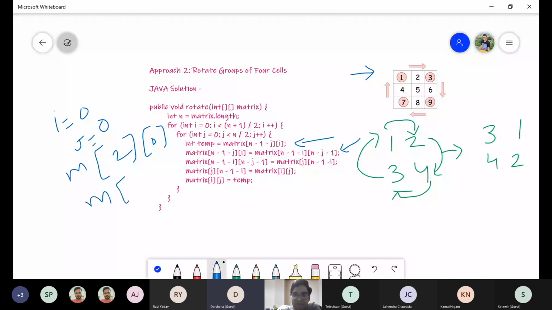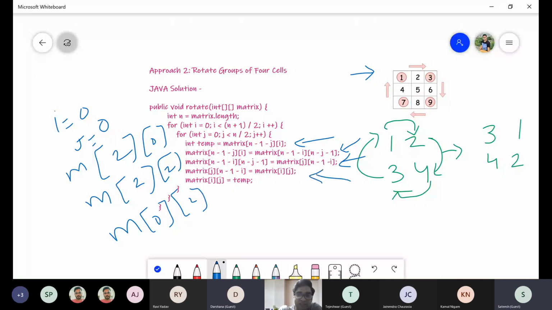Matrix of n minus 1, which is again 2, i is 0. 2, now 2 again, 2, 2. Right. Now try to calculate this also. So this is m of 0, then 2. And now try for this. This is m of 0, 0. So we calculated all these 4 positions, all the 4 corners in a matrix.